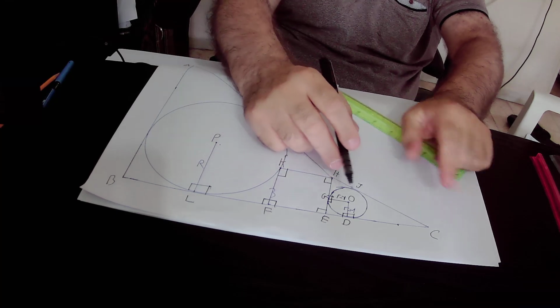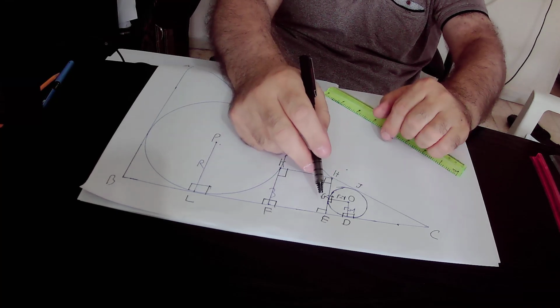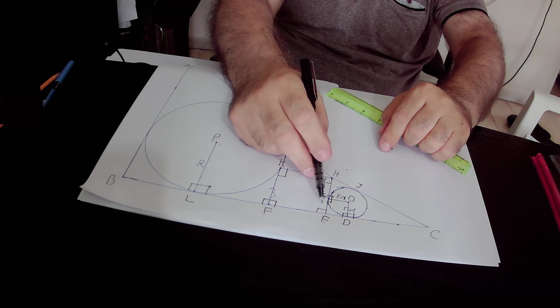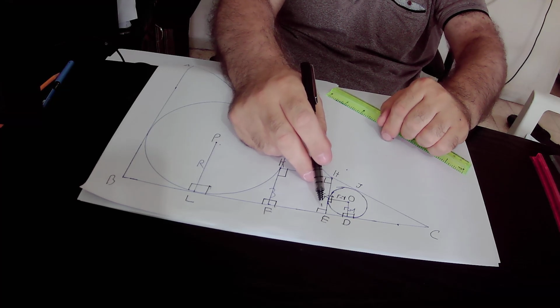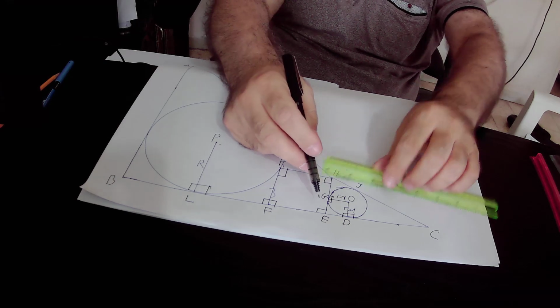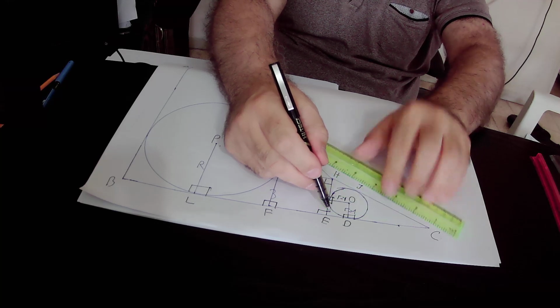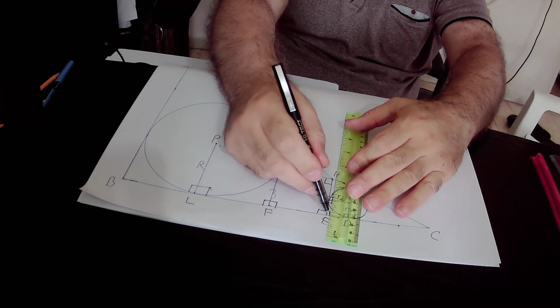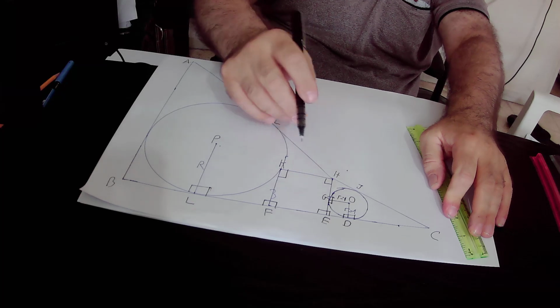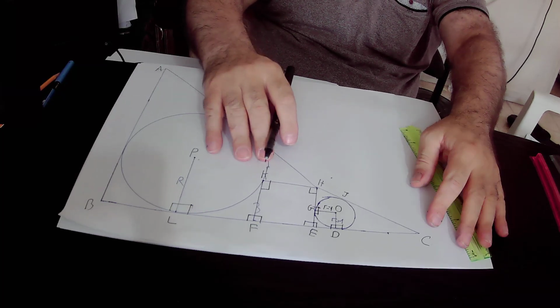Likewise, if we focus on the upper side of BC at point E, here the sum of the angles must be equal to 180 degrees. So which angles do we have here? This angle equals 90 degrees, therefore this angle must also equal 90 degrees according to rule number 3. So inside quadrilateral